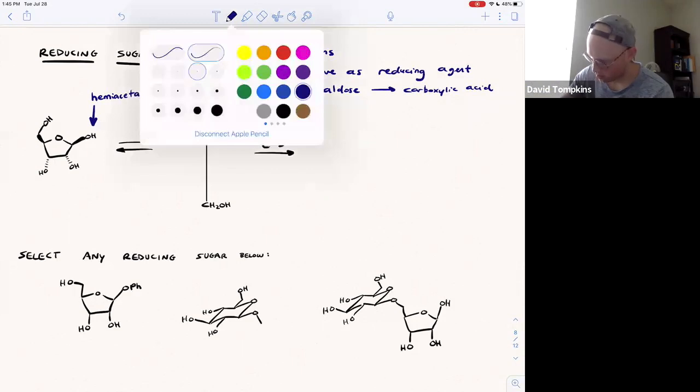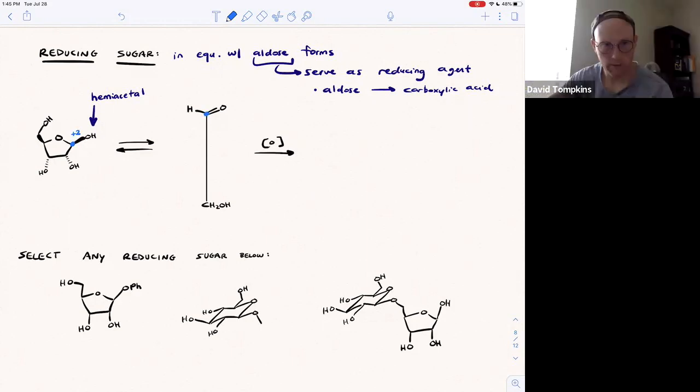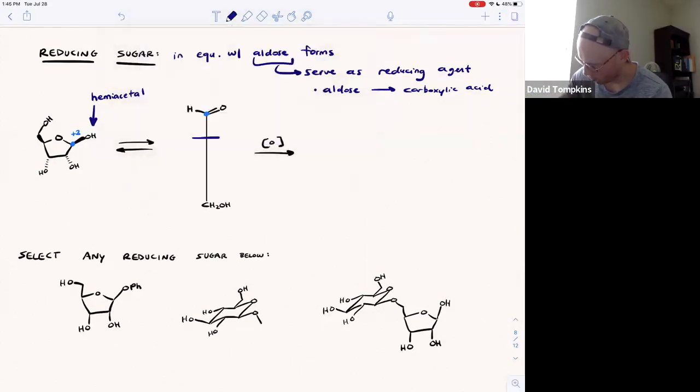Recall that this carbon 1 in the +2 oxidation state is the aldehyde in the acyclic form. From there are 3 secondary alcohols in this aldopentose, where this